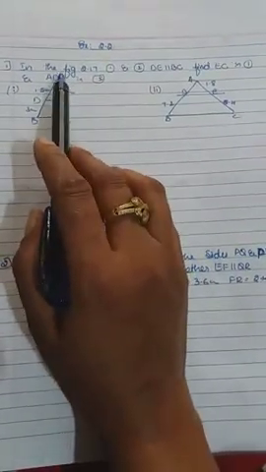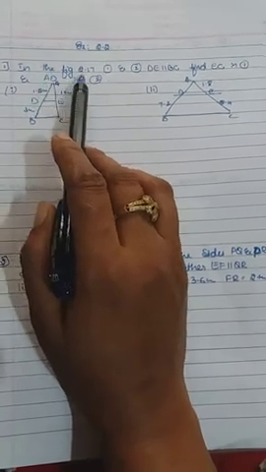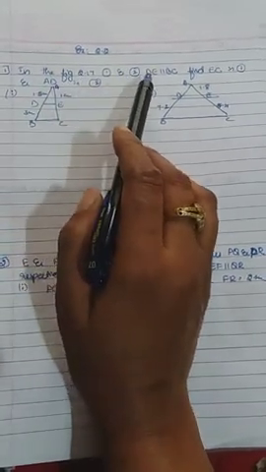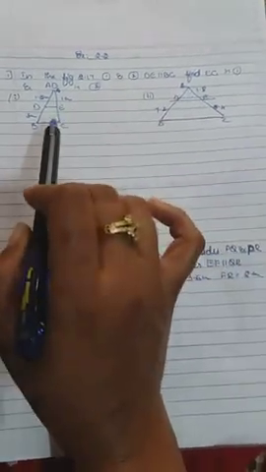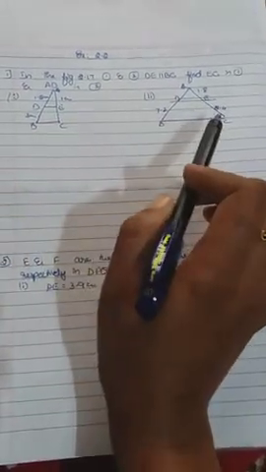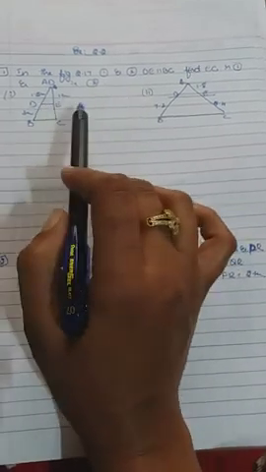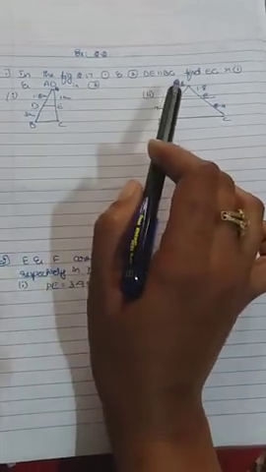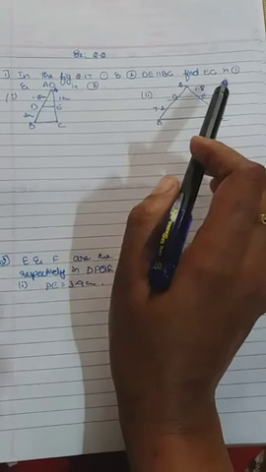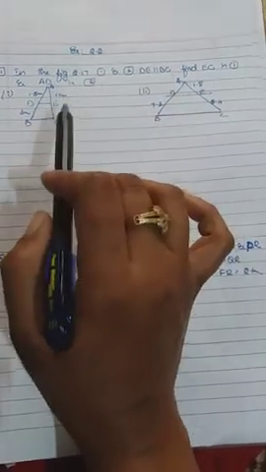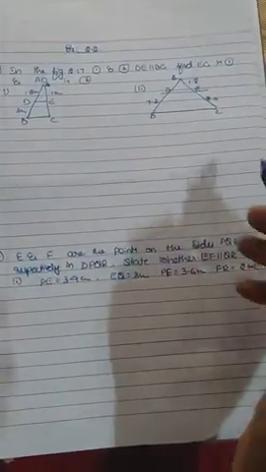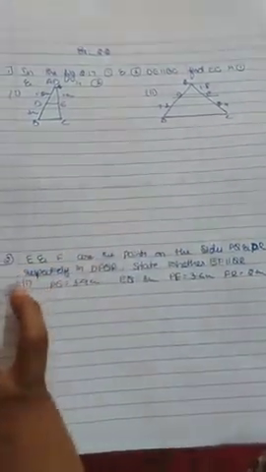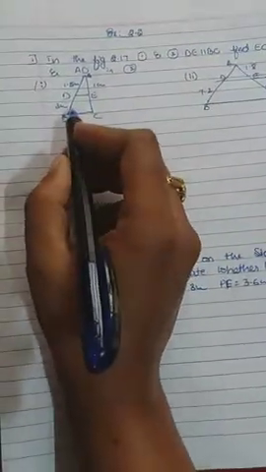So let us go for the first question. In figures 2.17.1 and 2.17.2, two figures are given in the textbook. In both figures, DE is parallel to BC. Find EC in the first case. In the second case we want to find out AD. So that is the first question. First let us solve the first one.